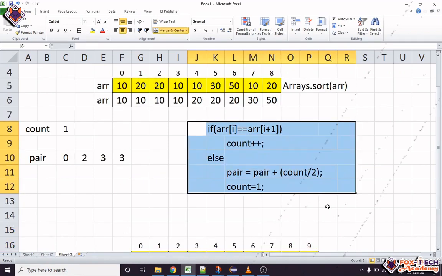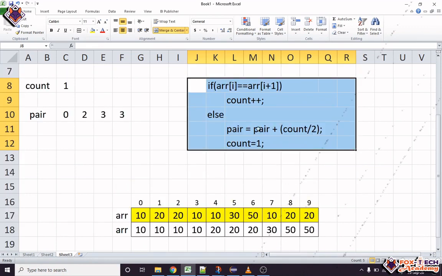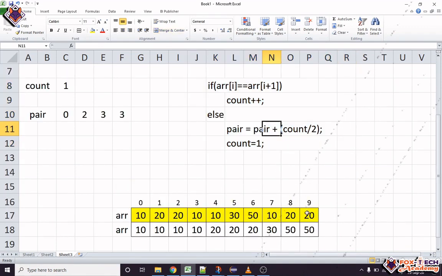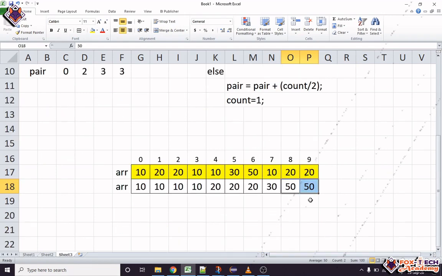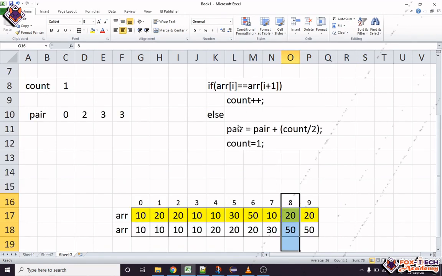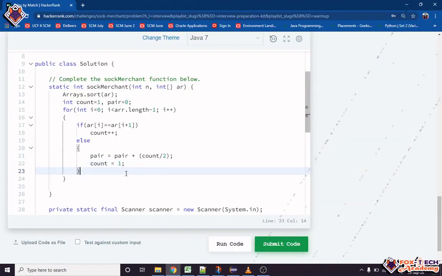But in this case, we are not going to count the pair, right. So this time it will be false. We have to write one more condition: if our index value is second last, then we have to count this pair again.